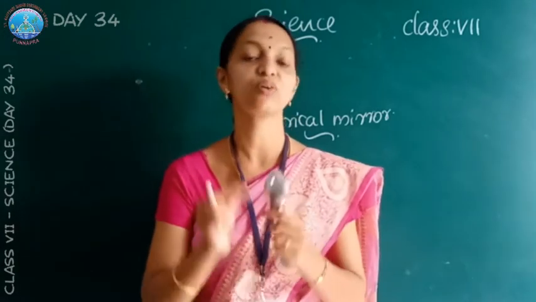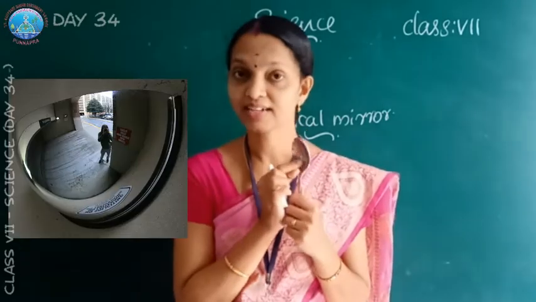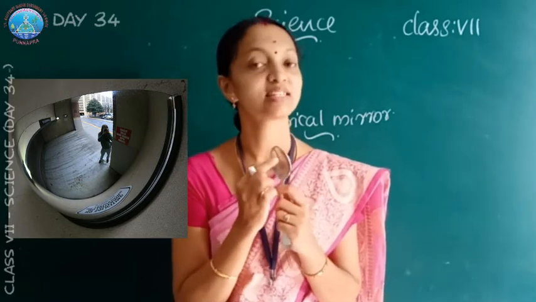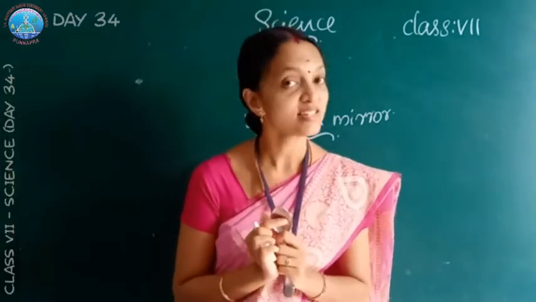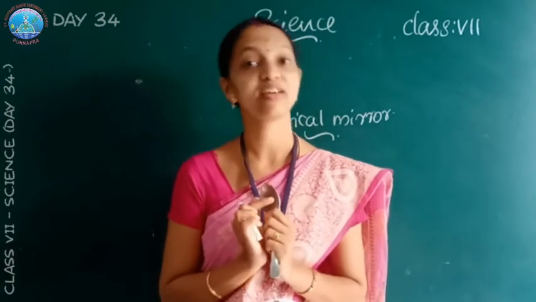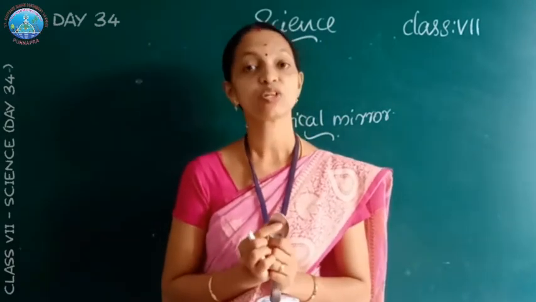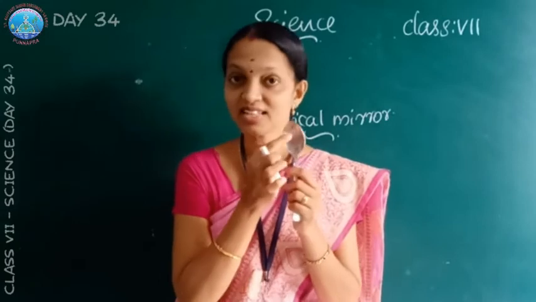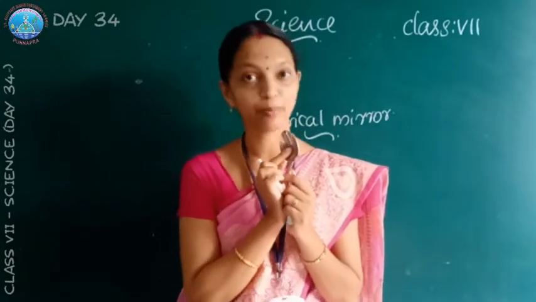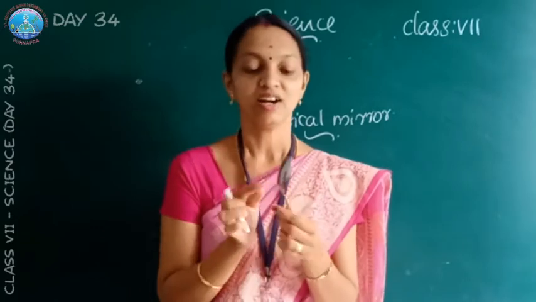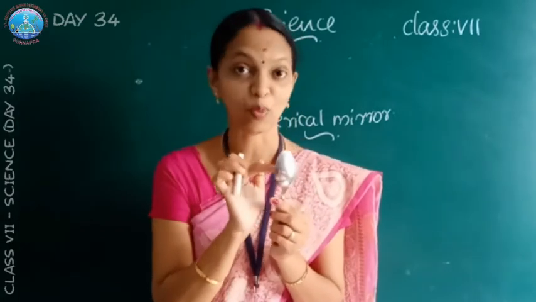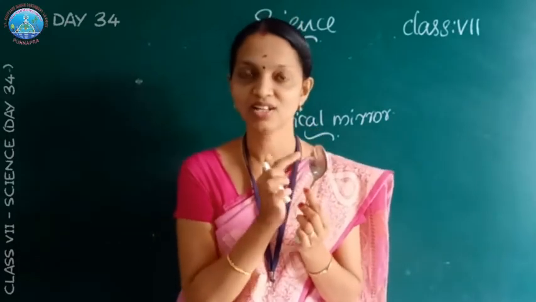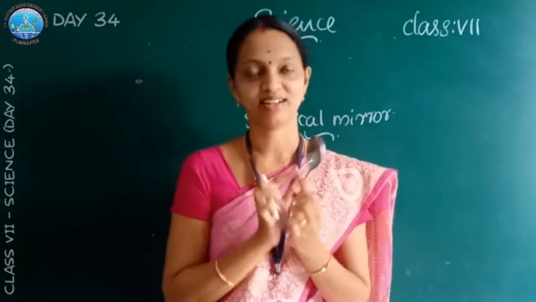The shining surface of a spoon could be considered as a curved mirror. The most commonly used type of curved mirror is considered a spherical mirror. The reflecting surface of such a mirror is considered as a part of a sphere. Such mirrors, whose reflecting surface is part of a sphere, are called spherical mirrors. We can see our image in a shining spoon, so it is considered as one spherical or curved mirror.